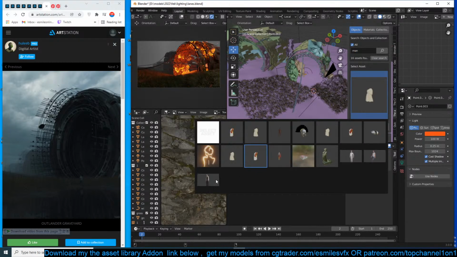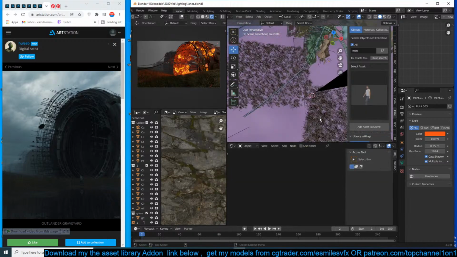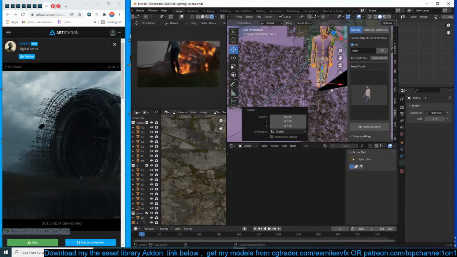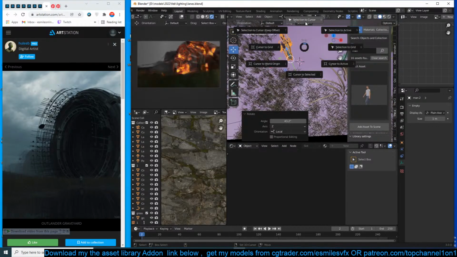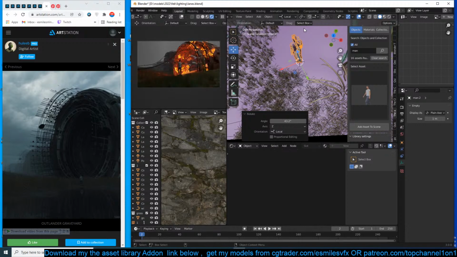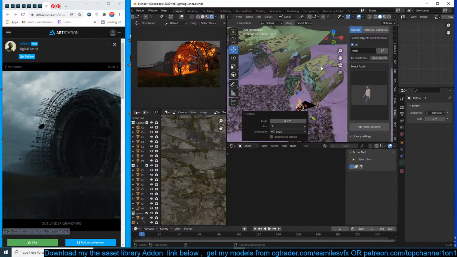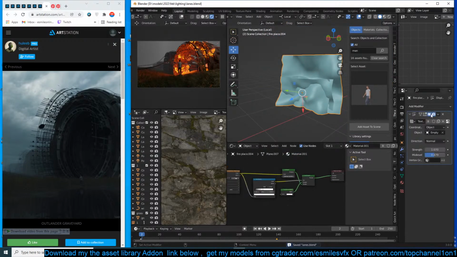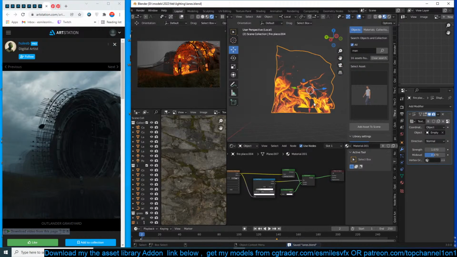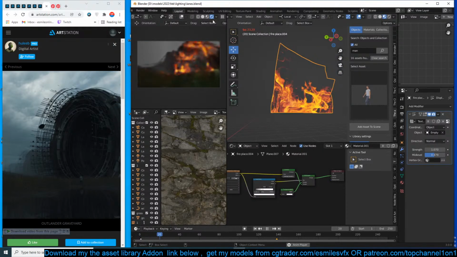Let's get some dude here. This dude. Let's add him here. Yeah, those are just images on a plane, but let me show you actually. It's just an image on a plane, but it's animated fire, so